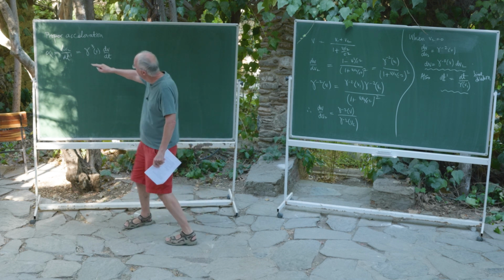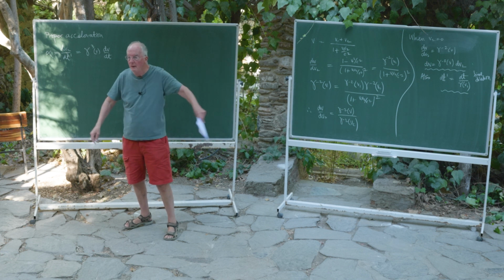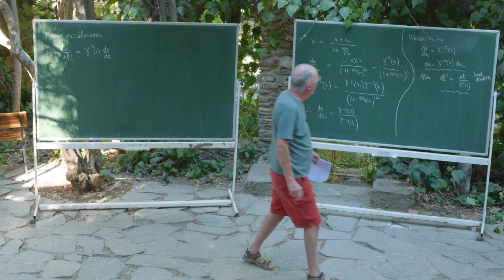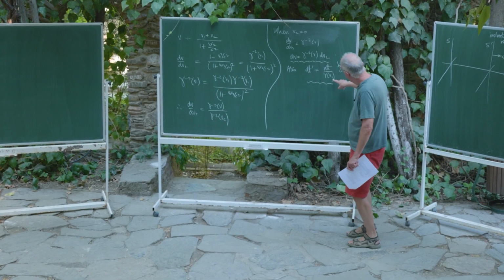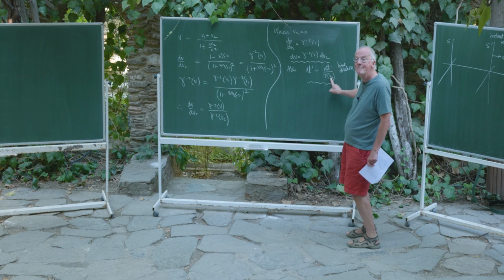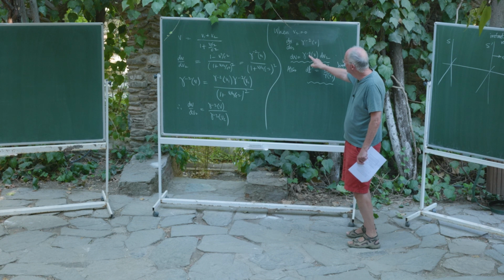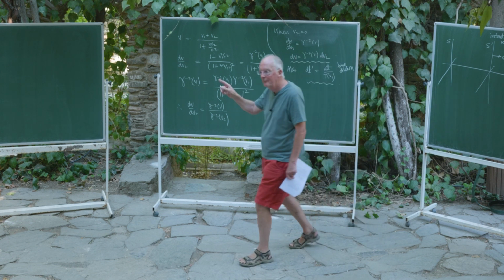So all I've done is substitute for dv2 and for dt primed, using those two, and it turns out you get this. I've also used the fact, which you may not have, that at that moment v1 is the same as v. So this is the same as gamma of v, and that's why you get a gamma of v here, and you get two of them here, and that's where you get the cube over there.